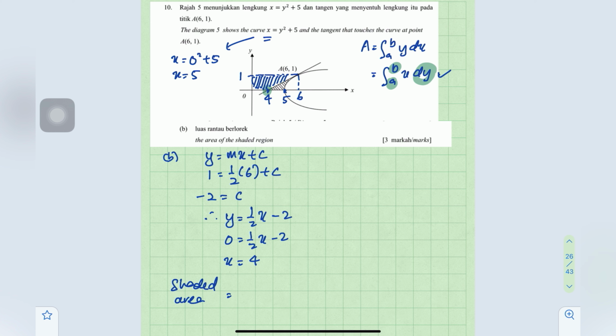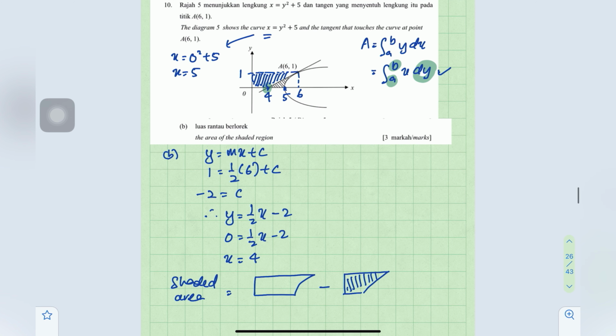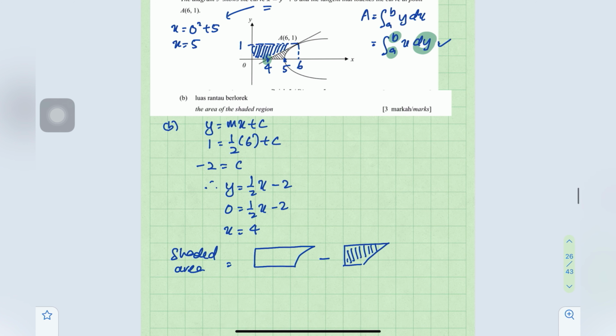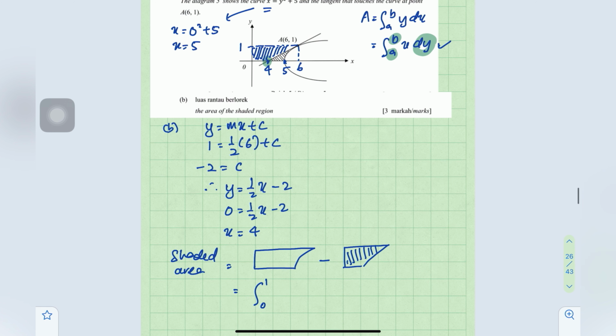Okay, shaded area ialah area under the graph, area under the curve semua ni, minus yang blue shaded area tu, bentuk trapezium ni yang saya shadekan kat atas tu. Okay, so shaded area since A and B limit lower and upper limit are values of y, so kita kena guna value of y. So lower limit 0, upper limit 1. Okay, x ialah y squared plus 5